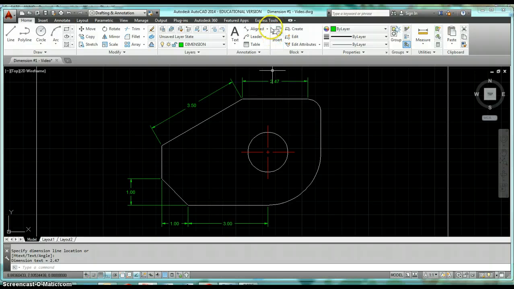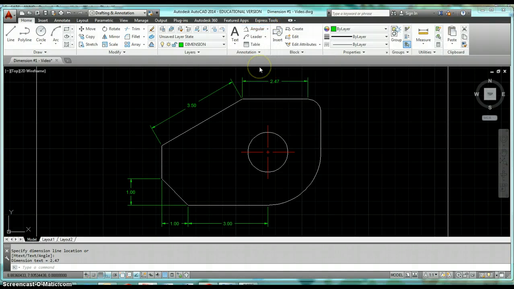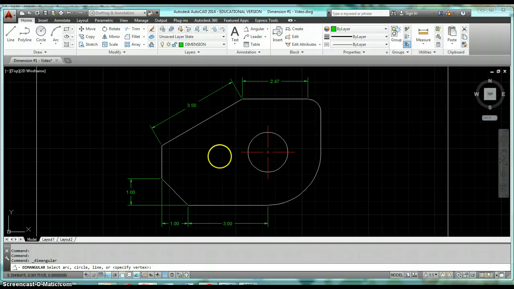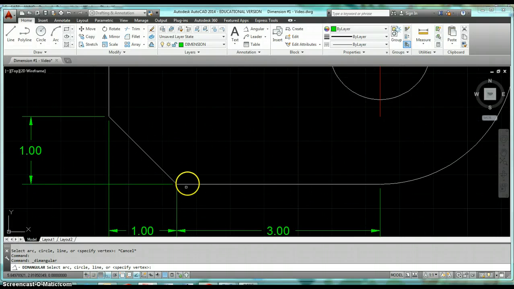And so my default is I just always use linear. Okay, our next one down here is angular. If we click on that little drop list arrow, we click on angular, now we can start creating an angular dimension. So for instance, down here on my chamfer, I need to click on 2 lines. So I'll click on that horizontal line, I'll click on my angled line,